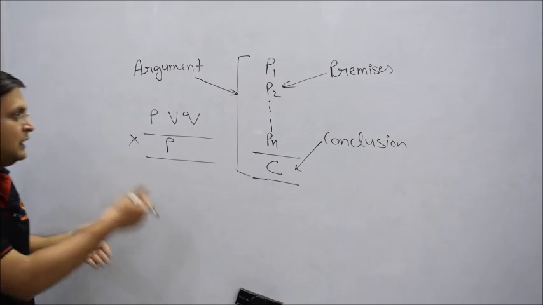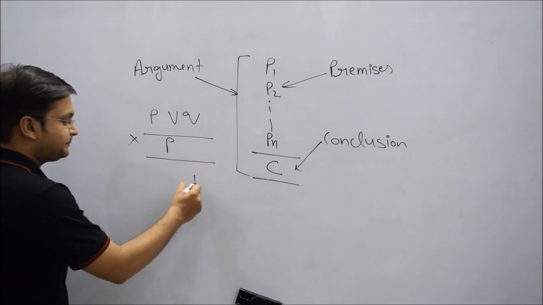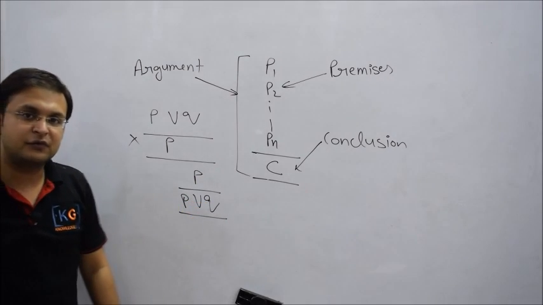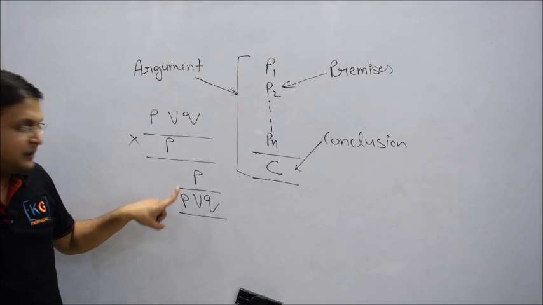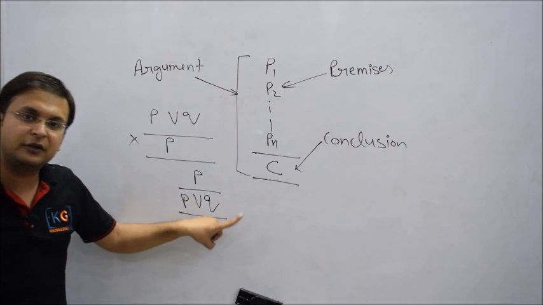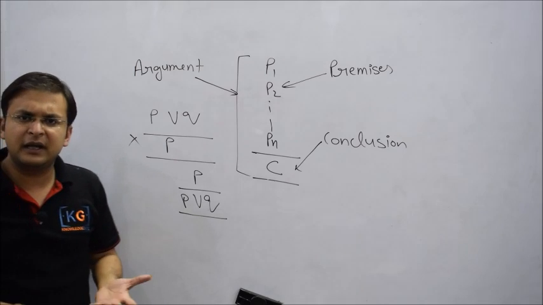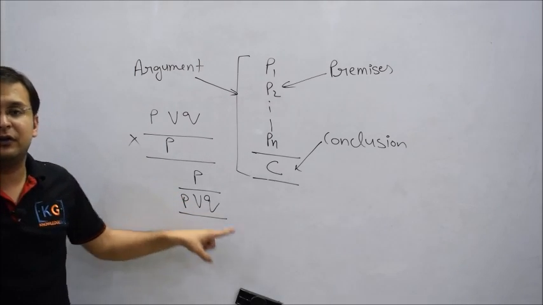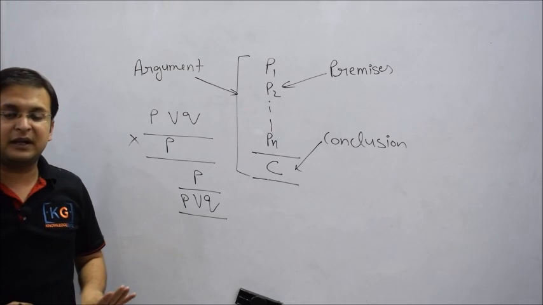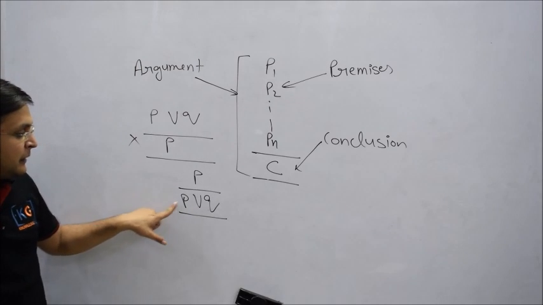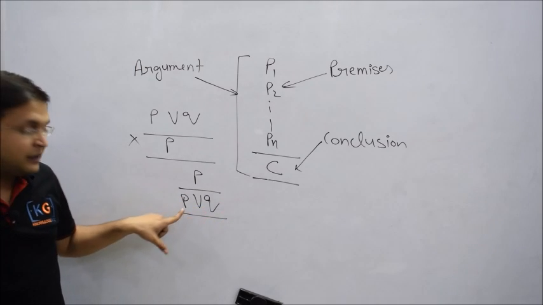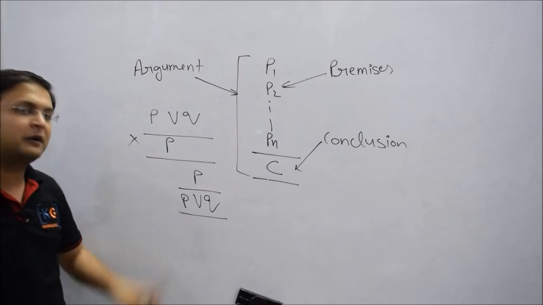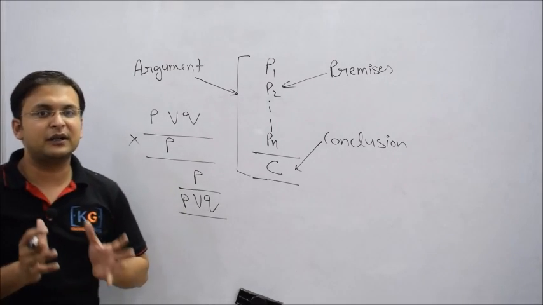For example, let me take the reverse version. Now can I ask you like this? If P is true, then it means P or Q, P disjunction Q, is true. I think this argument is valid. Why? Because if P is true, you don't have to worry about Q, because P by itself is sufficient to prove that P or Q is true, since P or Q is true if at least one of them is true, and you already know P is true. That is basic mathematics.